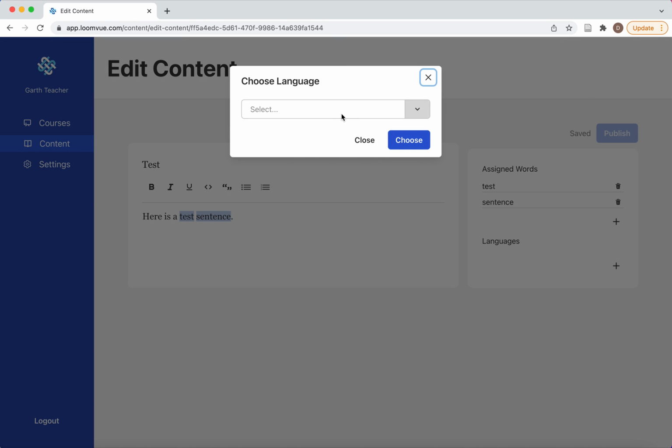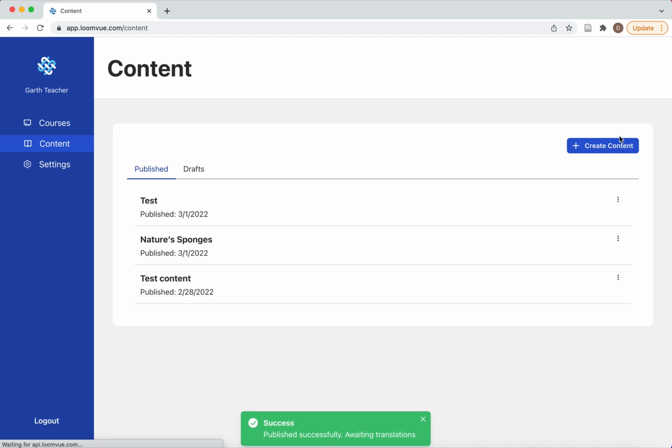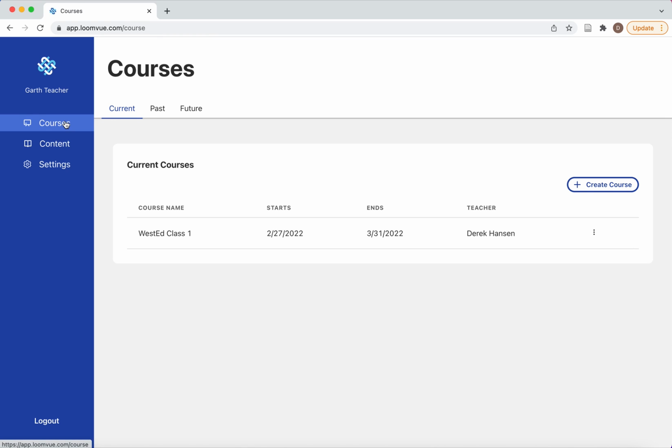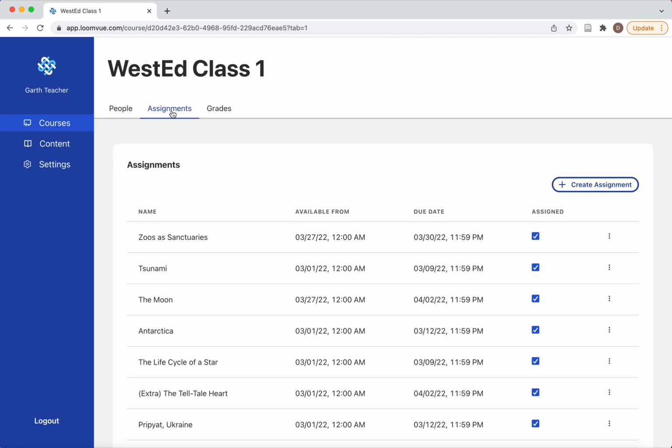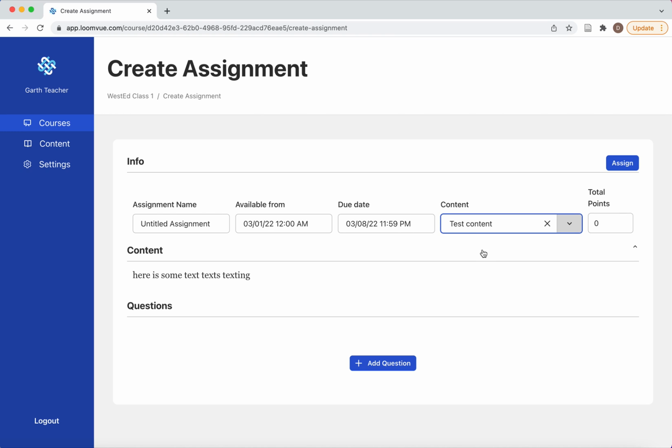We also need to choose a language. In our case, we'll choose Spanish, and then publish the content. Once it's been published as test content, we can then create an assignment based on it. To do so, navigate back into the class that you want, go to the Assignment tab, click Create Assignment, and then choose the content that you've created. Give the assignment a name,